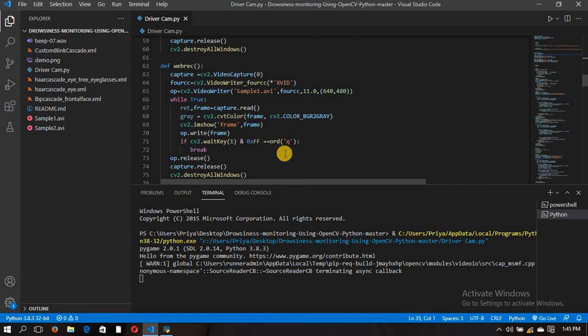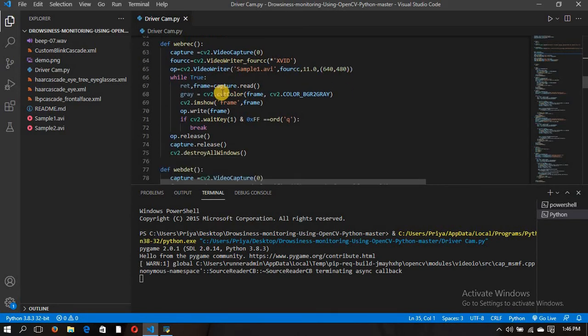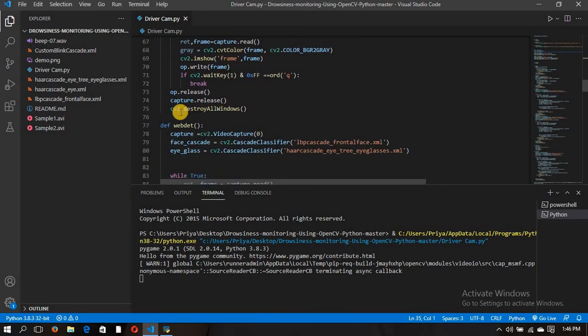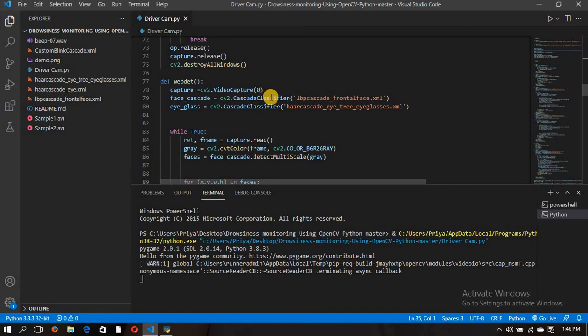The parameters are the file name, which will specify the name of the output video file, then fourcc for recording, and fps, which defines the frame rate of the output video stream. Then frame size declares the size of the video frame, like 640 by 480 is the size of our video frame. Then the whole code is the same as I have explained above. cv2.destroyAllWindows is used after releasing all the images or videos.